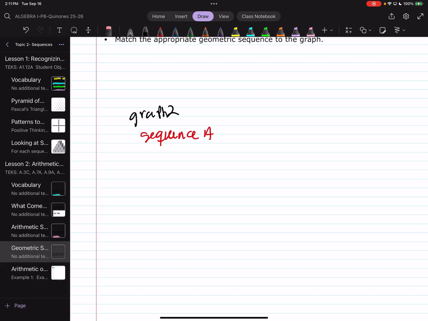Okay, let's talk about graph 5. This pairs up with which sequence? Anybody? Yell it out. D? I think this matches with E much better, because we're approaching what value as we keep going? 0, right? We keep climbing from -5 all the way close to 0. Okay, last one. Graph 6 will pair up with sequence